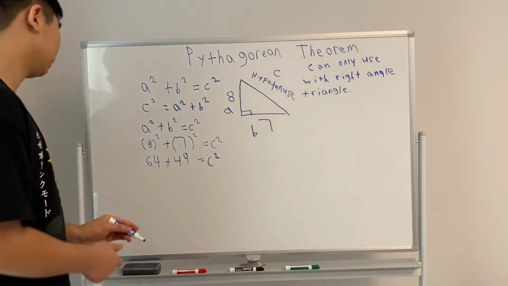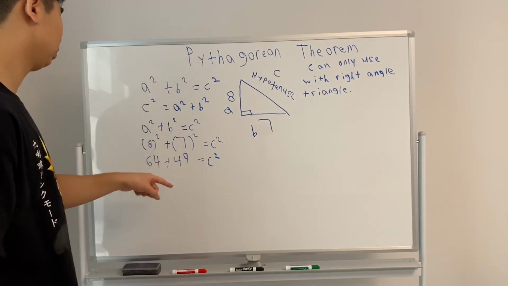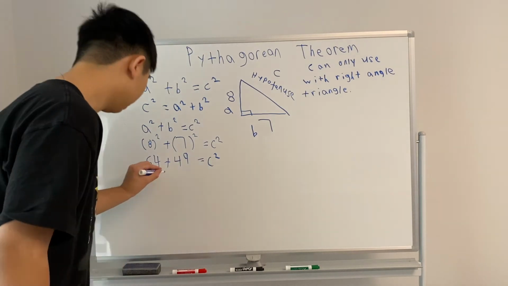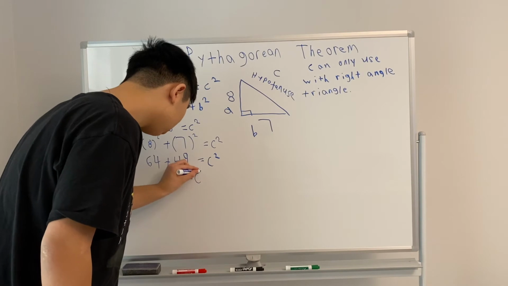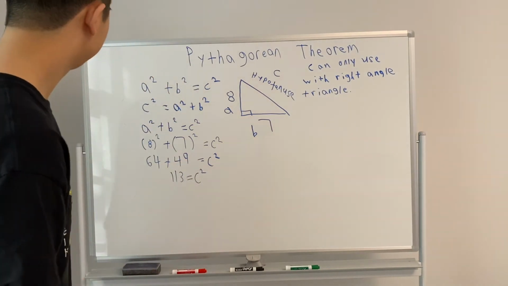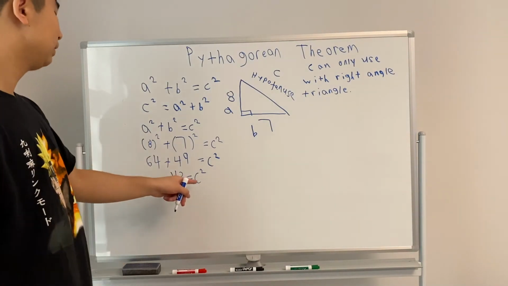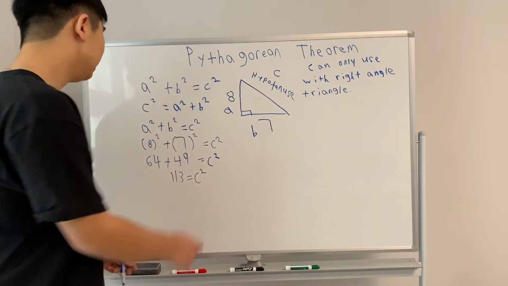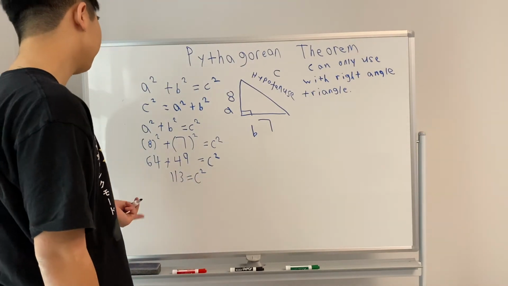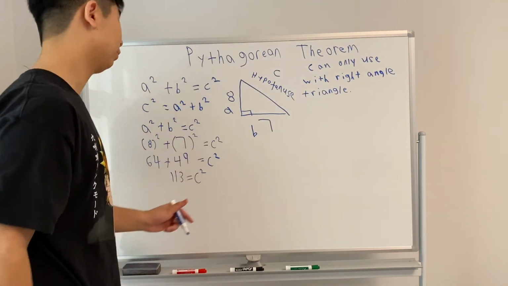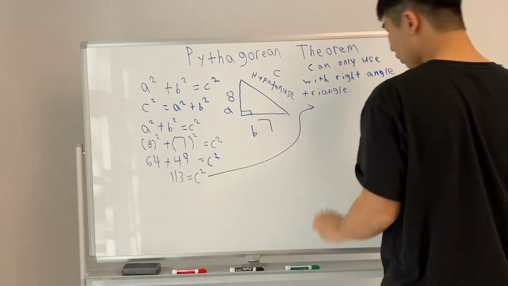So what's 64 plus 49? 60 plus 40 is 100. 4 plus 9 is 13. So it's 113. Okay, so we're not done yet because this is not the side length of C. This is C squared. So if we want to find the side length of C, if C is being squared right now, what we want to do,